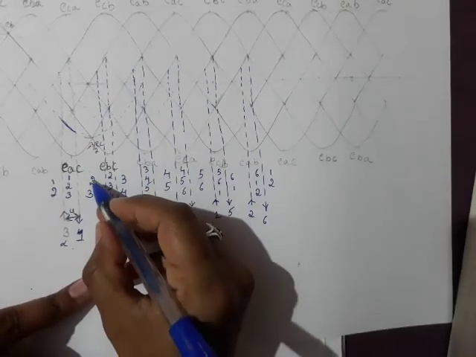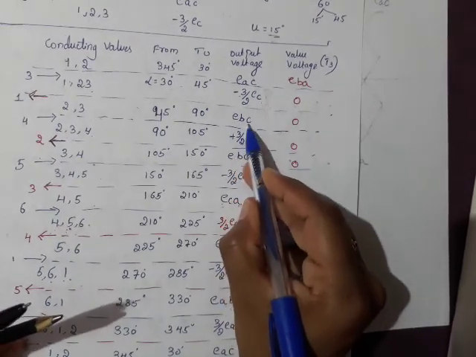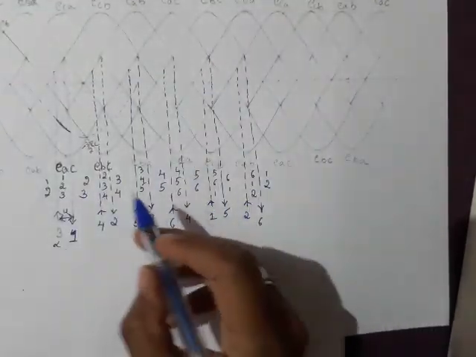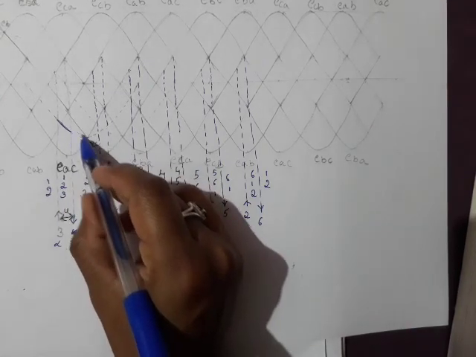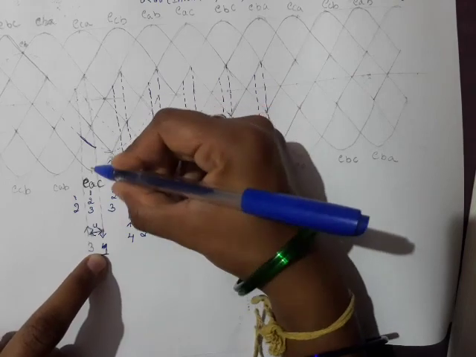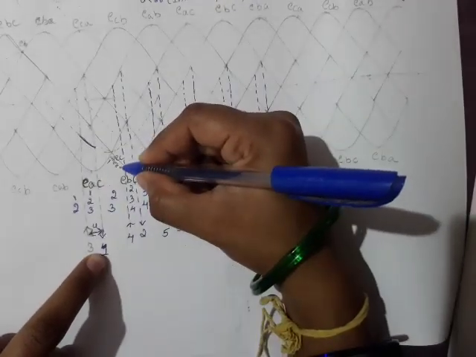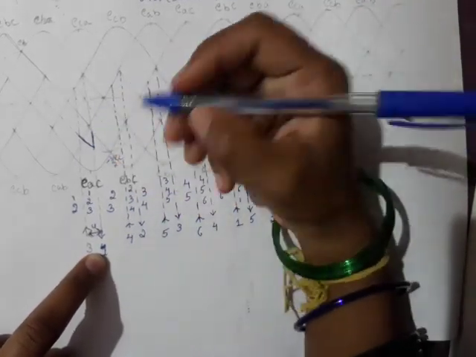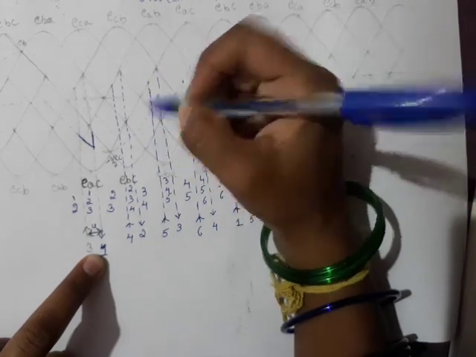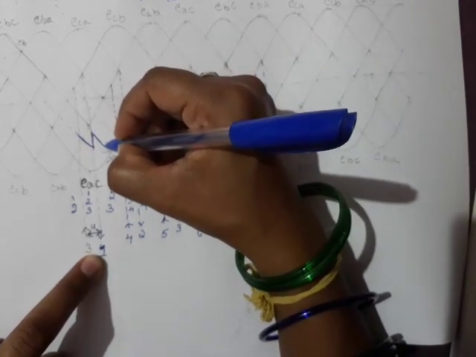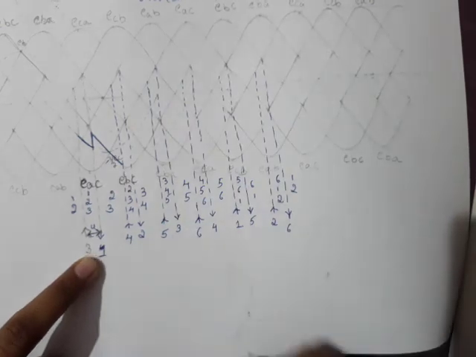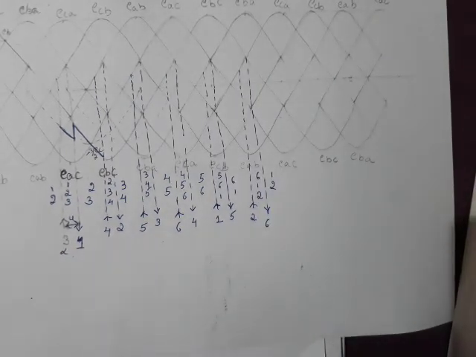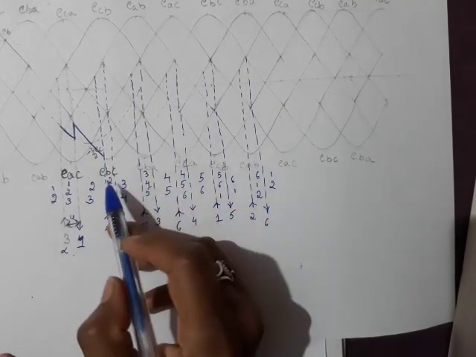Done. Then valves 2 and 3 were conducting. When valves 2 and 3 are conducting, output voltage is the line voltage, that is EBC. So where is my EBC? EBC is here. This is my EBC. So till this point, till valve number 1 goes out of conduction, it is following minus 3 by 2 times of EC. Later, it will fall to EBC. See, this is the line voltage EBC. Then it will follow EBC. Right? It will follow EBC. Done. Up to this point. Okay. Then what we have?